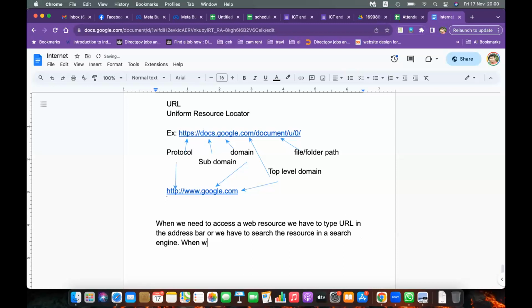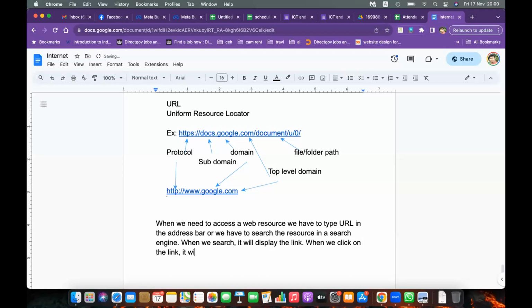When we search, it will display the link. When we click on the link,